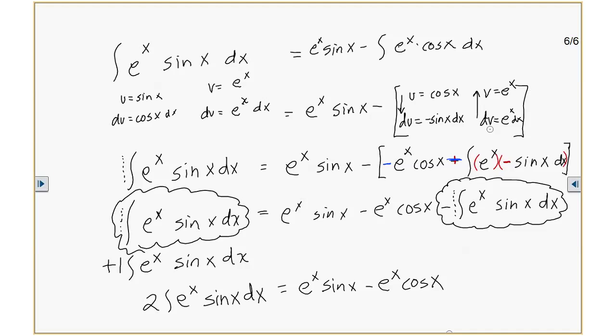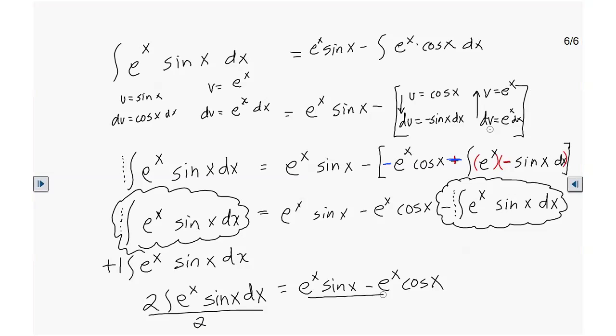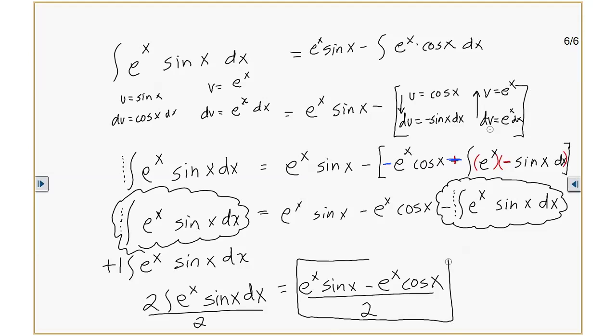Now, what's our objective? Our objective is to find the antiderivative of e to the x sine x dx, right? So if I solve for that, won't I have my antiderivative? So what I need to do, divide by what? Divide by 2, Hubert. So the antiderivative of all that trash is equal to